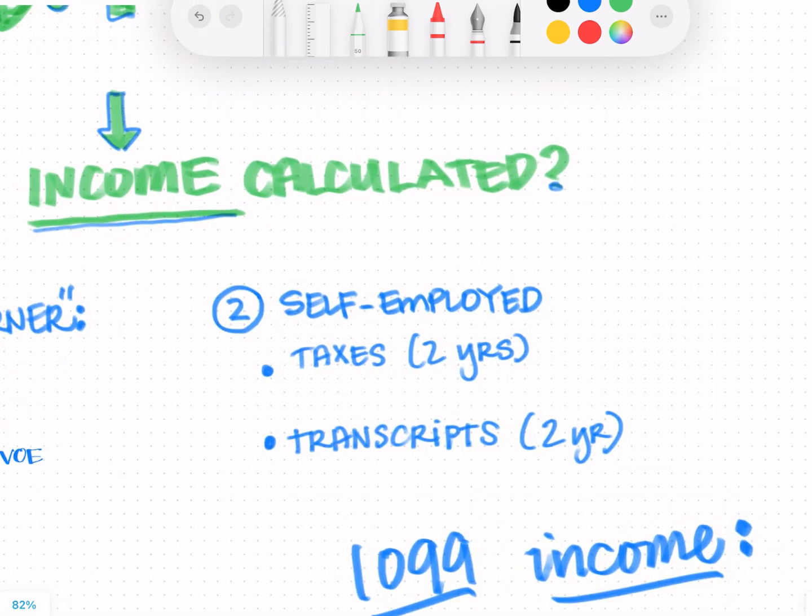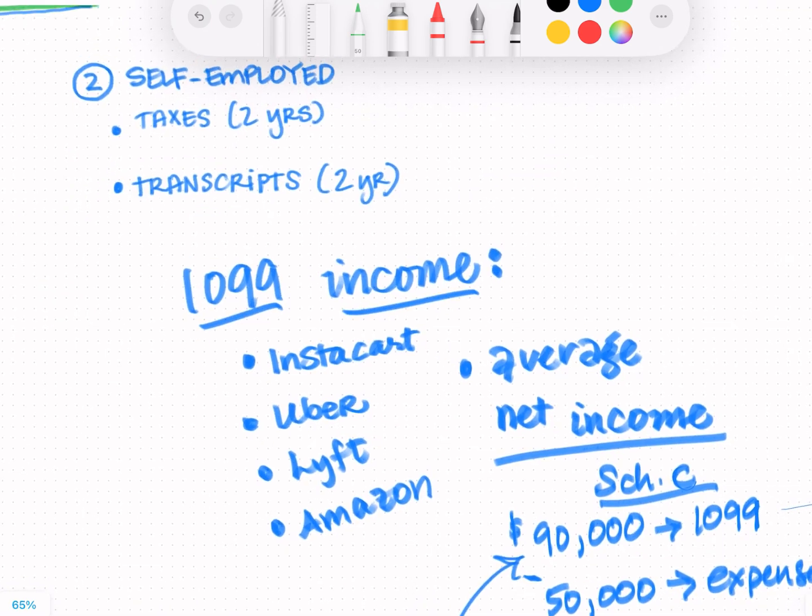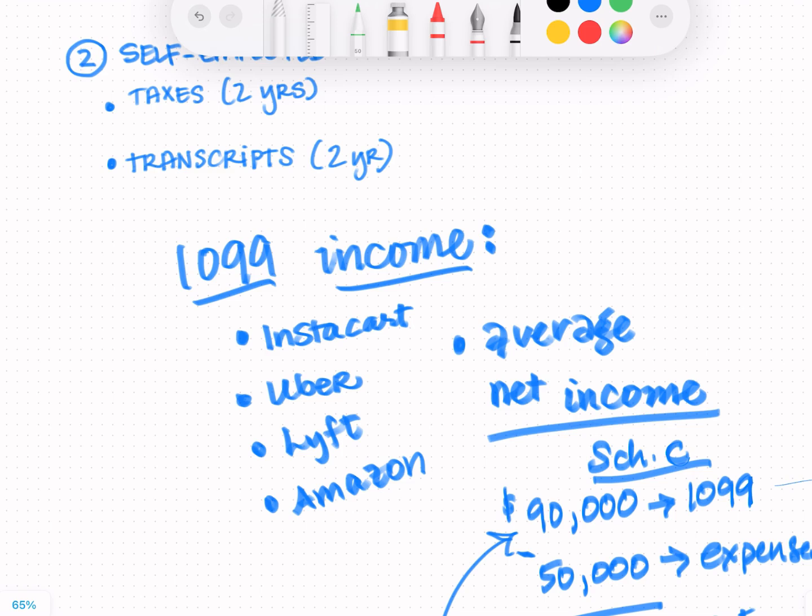In the case that you're self-employed, you need to provide 2 years of taxes. Sometimes you will fill out a form with the lender and they will get 2 years of your tax transcripts on your behalf. Now, 1099 income will always be considered self-employed. And in this day and age, it's very common that people could have several 1099 sources of income. They could work at Instacart or Uber or Lyft or Amazon doing deliveries. All of these employers would be giving you a 1099 and you would be filing most likely a Schedule C